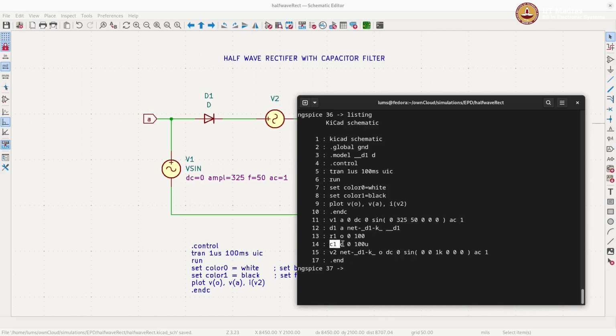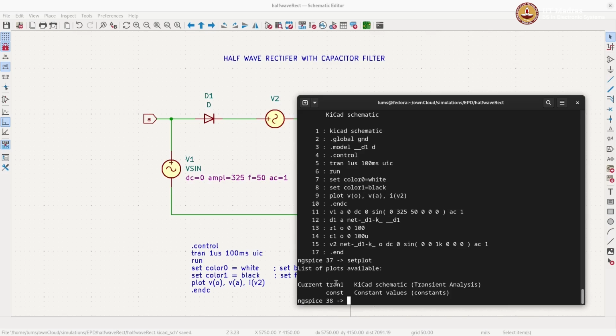Say for example that I want to change the value of C1 from 100 microfarads to 1000 microfarads. What is the effect? Okay. Before that, one command in ngSpice, set plot. So just if I type set plot, it will give me what are the available plots. So the current plot, it has done one transient analysis. It has auto named it as tran1, and then there is constants. Okay, so data related to the constants. So this is probably the plots that we saw just now, outputs and across the diode